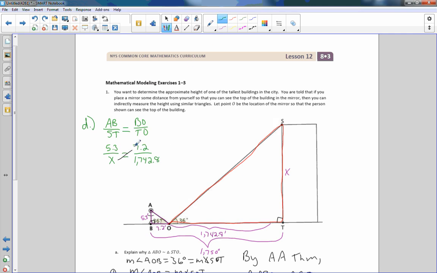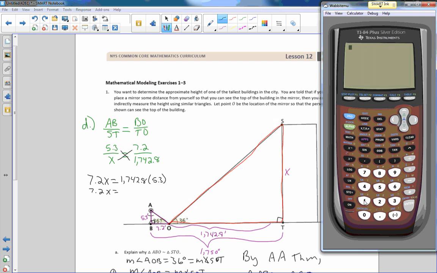I always multiply my variables diagonal first because I like my variable on the left. It doesn't matter, but I like it to say x equals when I'm done, not a number equals x. So I get 7.2x equals, and then I'm going to multiply 1742.8 times 5.3. So I get 7.2x equals, let's grab the calculator,